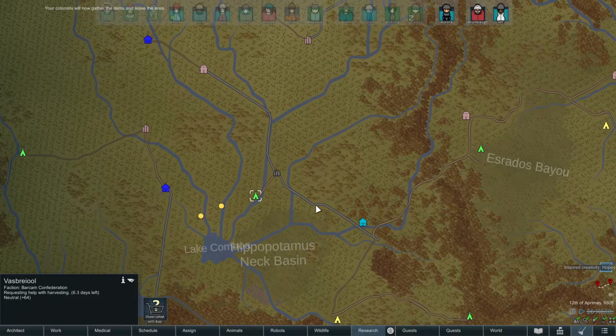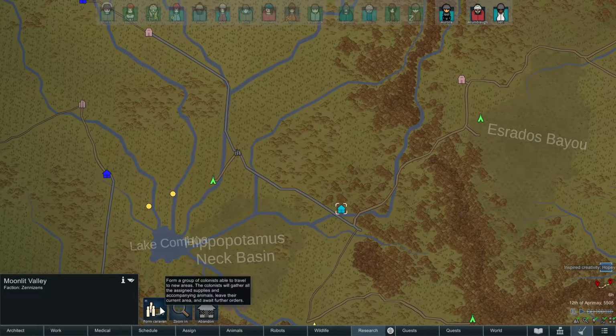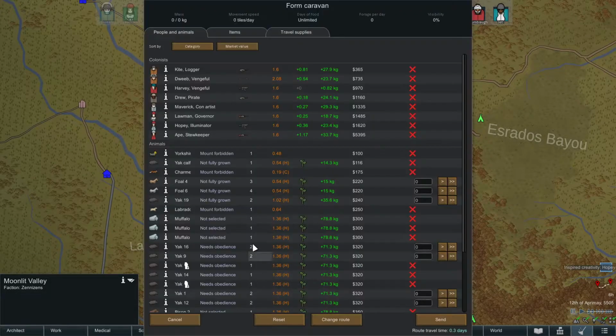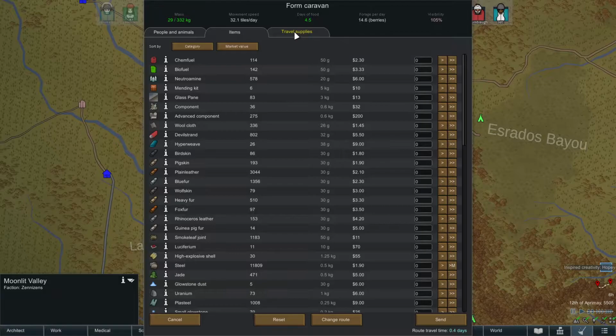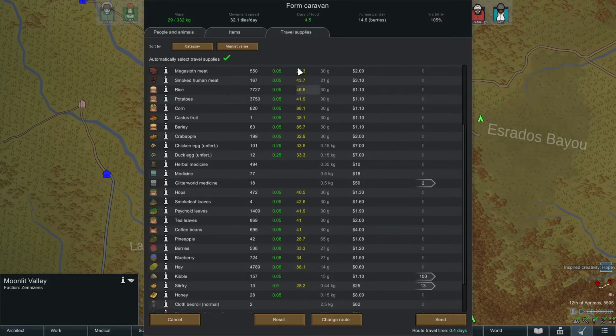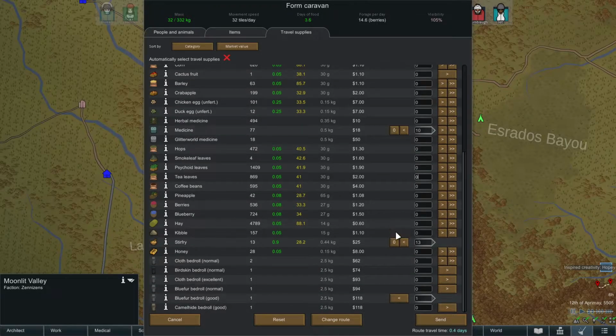Now the other one, okay, 6.3 days left. Form caravan, except we're going to send Ape out this way. And get her a horse. Let's see here. So, same thing, just a few yaks. And swap out all of this stuff in the same manner. Yeah, because we don't...